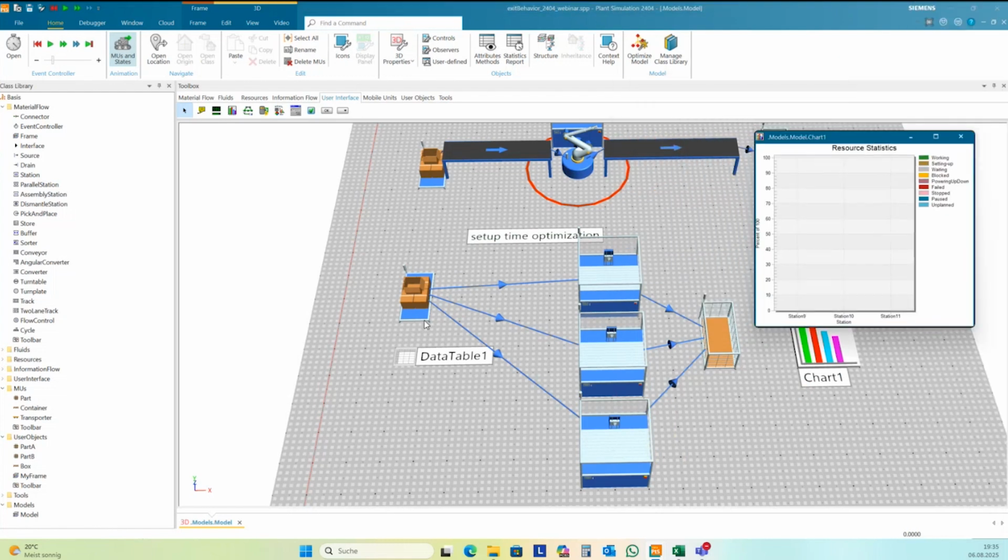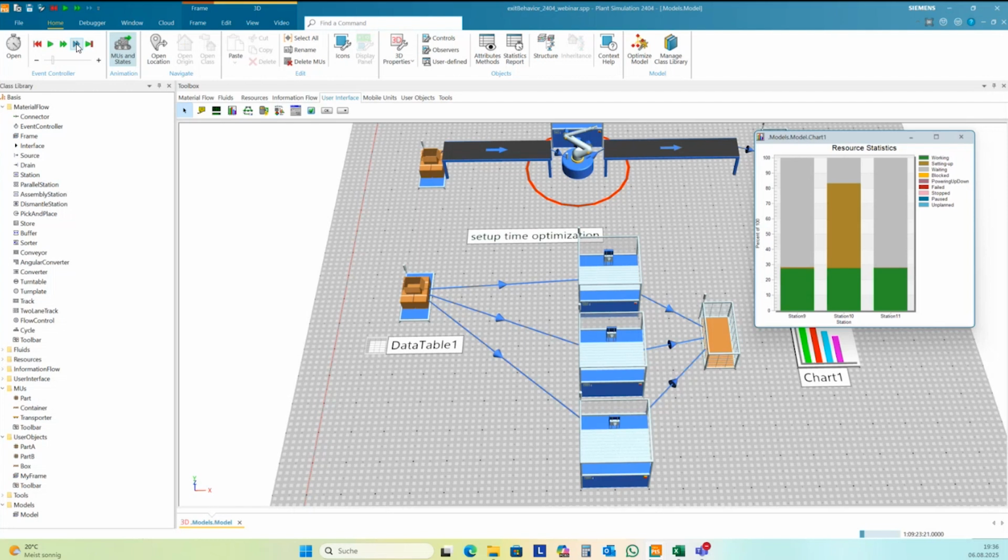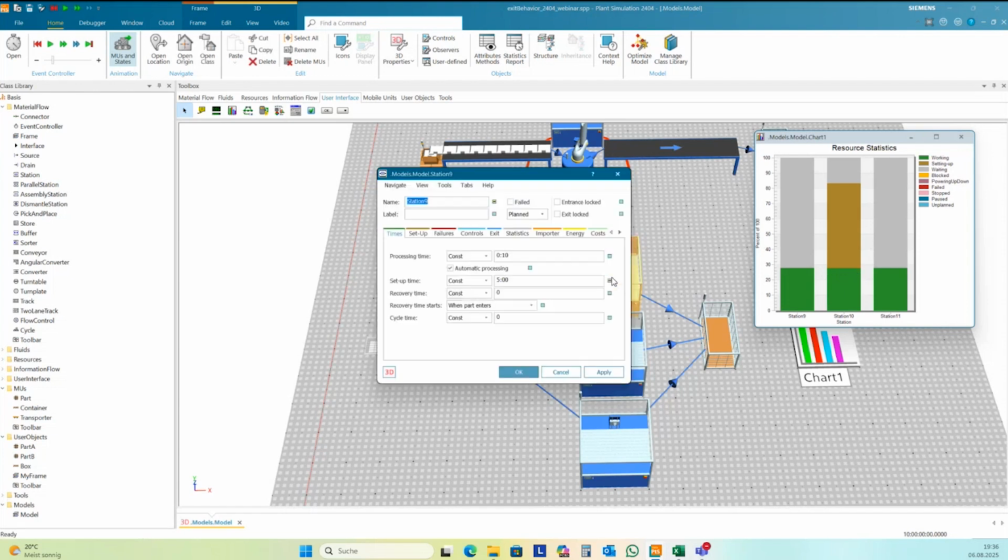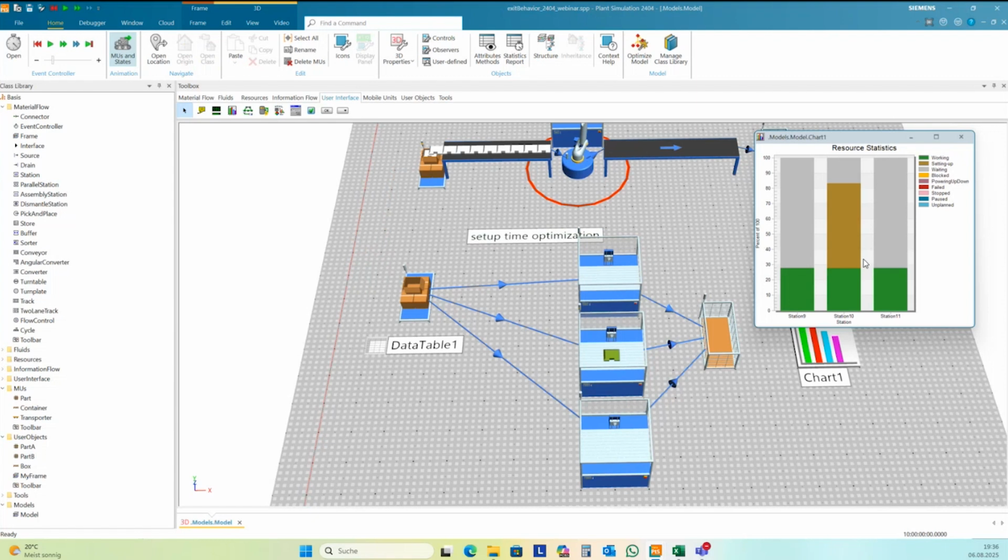Okay, let's have a look. The exit behavior is still in the default settings, and I run this and I see, okay, station 10. I have a lot of setup time here in station 10.